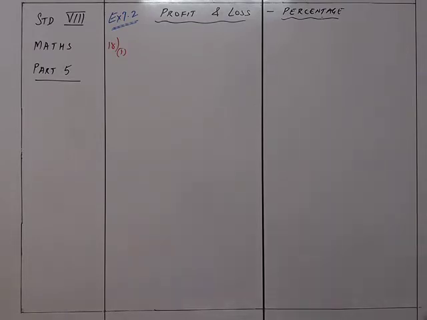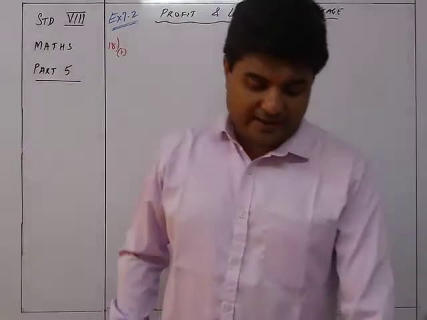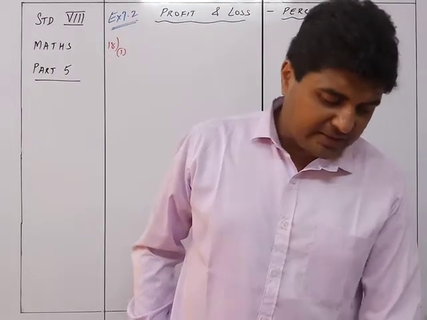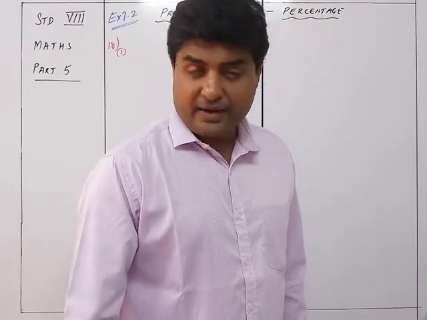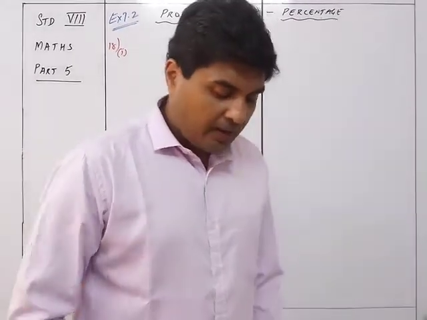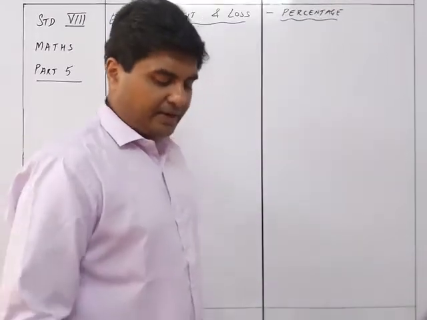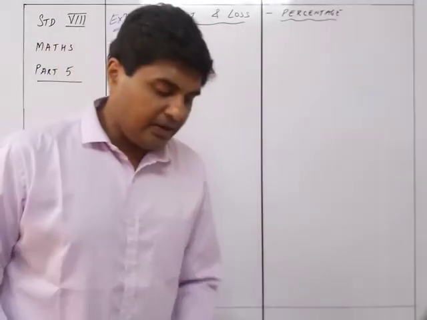So we continue with the percentage chapter, that is exercise 7.2, which is based on profit and loss. We had completed till sum number 17. Now because sum number 18 is of a different kind, that's why I'm taking the sum. Otherwise it's an alternate sum, I would not have taken it. But I'll take one of the sums from sum number 18 first, that is sum number 18.1. So we take sum number 18 first.